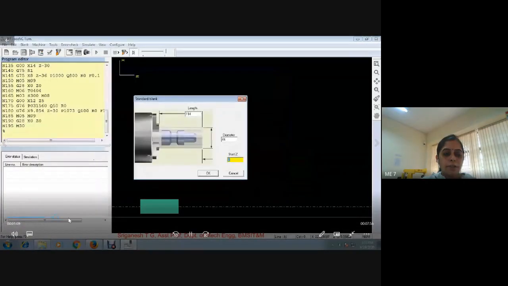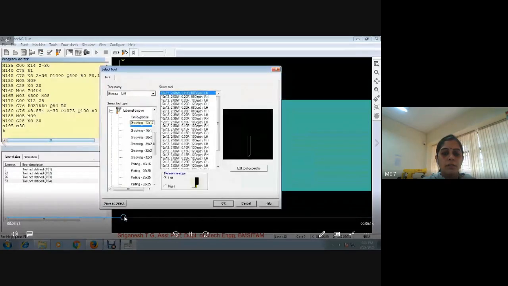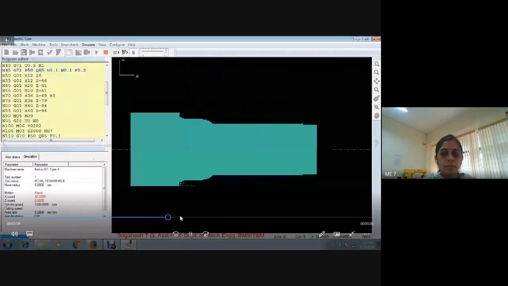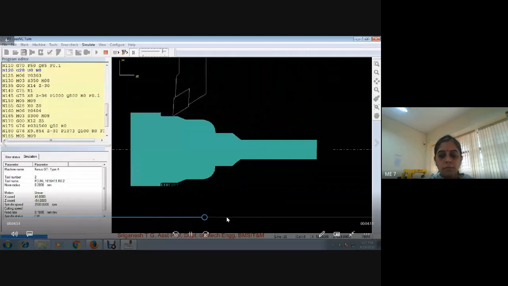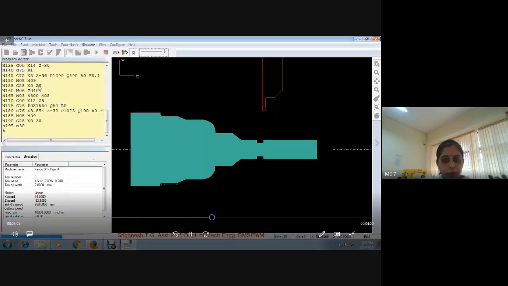So we were somewhere near the thread cutting operation. See here, it is written G28 X0 Z0, which makes the simulation get scrapped out, because we haven't sent the tool to the home position.